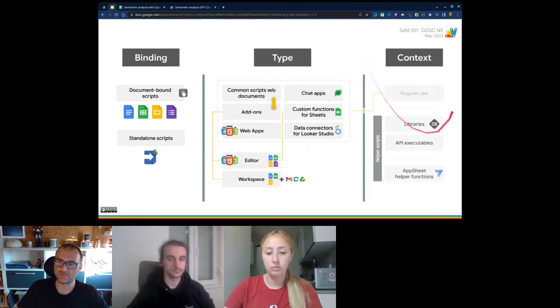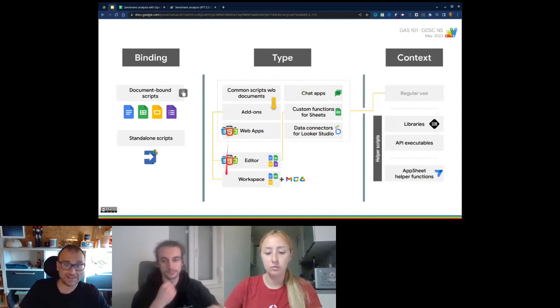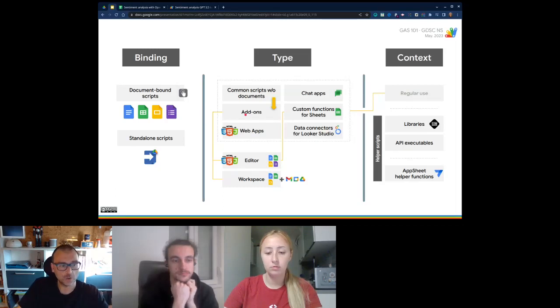Well, and finally, this distinction is not really that good, but I wanted to talk about these 3 elements. Scripts can be used as they are intended. If that's a chat app, you use it inside a chat channel. If it's an add-on, you use it inside a document, for instance. But you can also create libraries, pieces of code that you can reuse in all your scripts if you want.